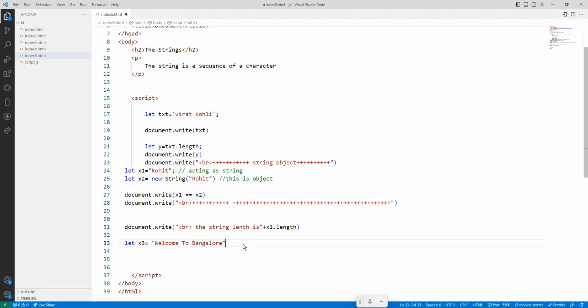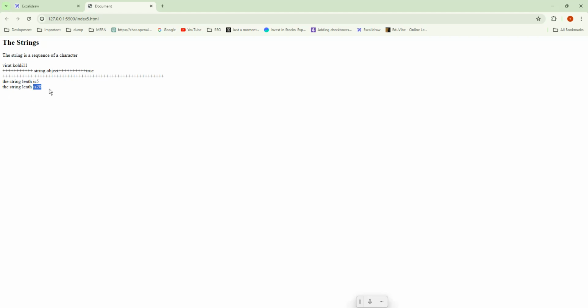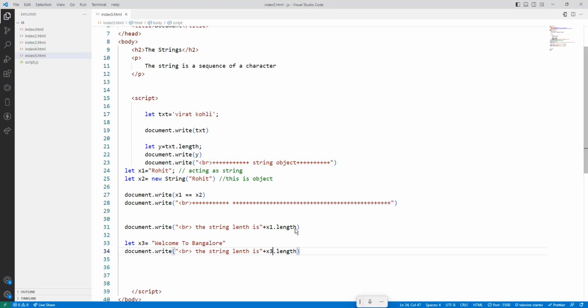Okay, so if you want to see the length, how to do it? You just copy this one and add it here. What is the x3? Just change it to x3, control S. If you go here, you are going to see 20 is there. But one more method is there, that is the caret. So how to do caret? The caret method is,